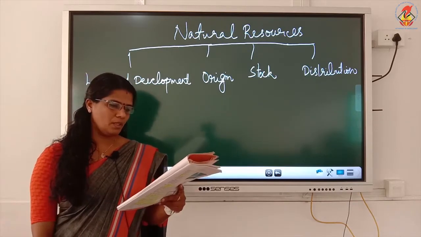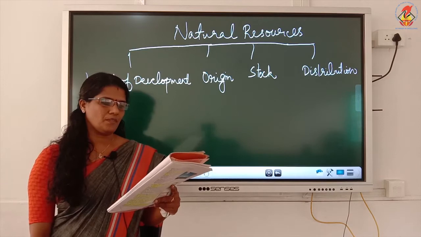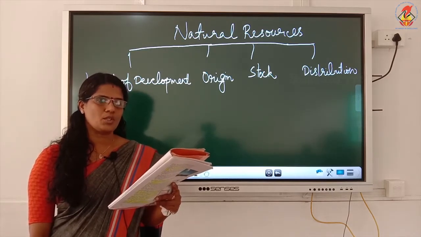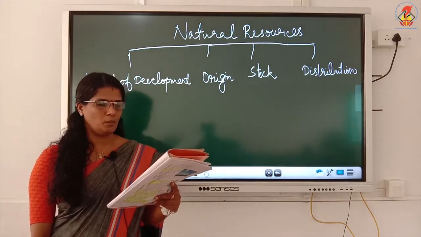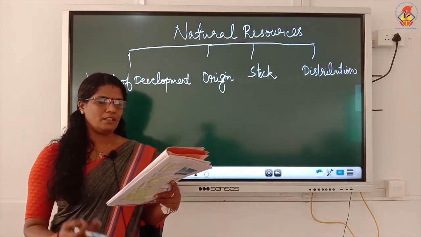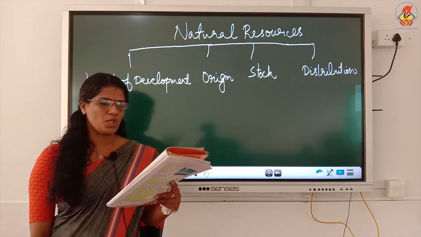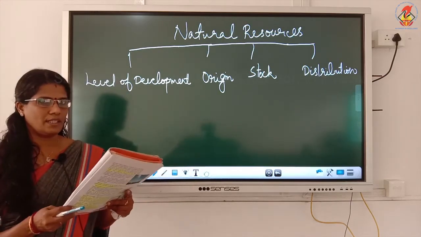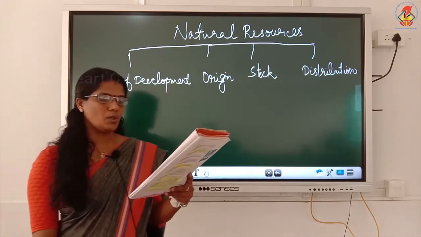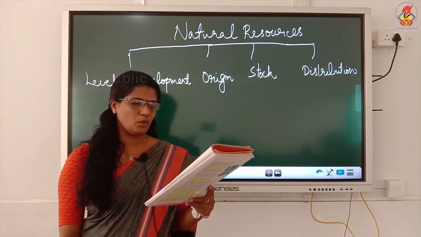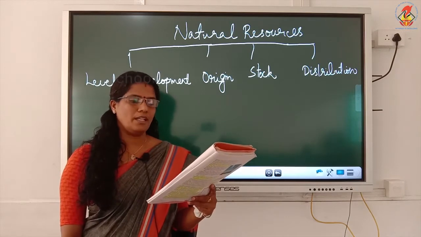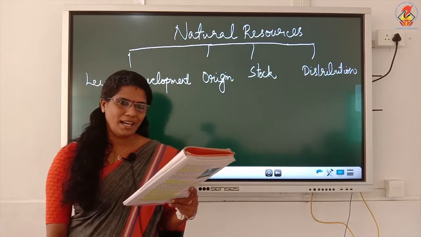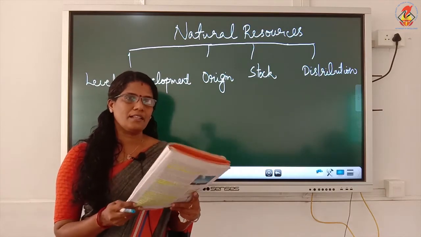Children, take page number 2, types of resources. Here you can see resources are classified into natural, human-made and human. And the next paragraph, natural resources, take that portion. What is natural resources? Last class we underlined: natural resources are classified into different groups depending upon level of development and use, origin, stock and distribution. Underline that full sentence.